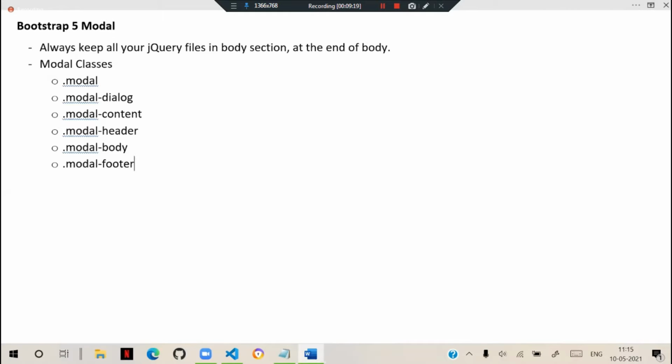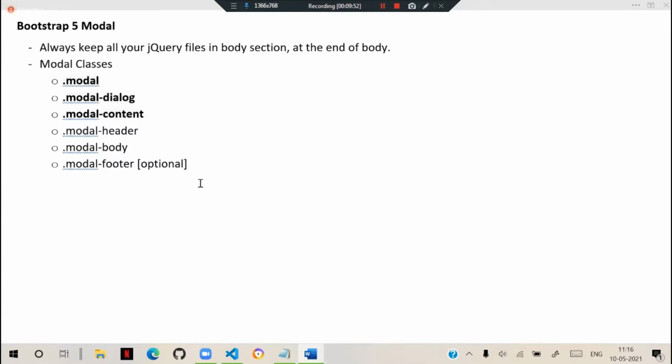Some options they are deprecating, so they made the footer optional. All are optional; if you want divisions, then you have to keep them. These three are mandatory. Header, body, your wish. If you want to keep the heading section and body section separately, you keep header and body. Usually we will have header and body. Footer is made optional. You can ignore that. So footer is not required.